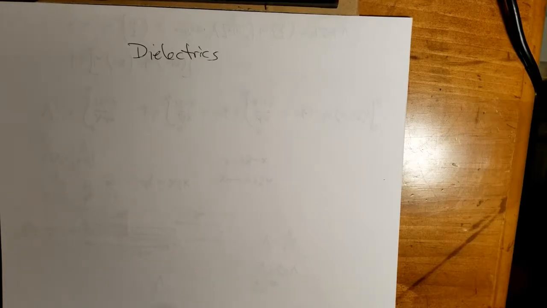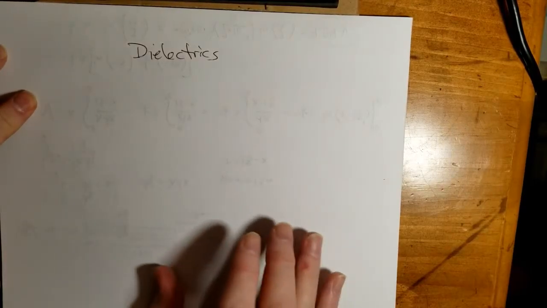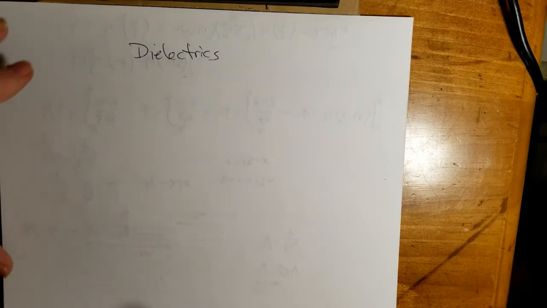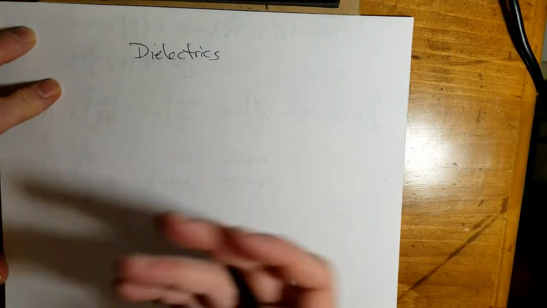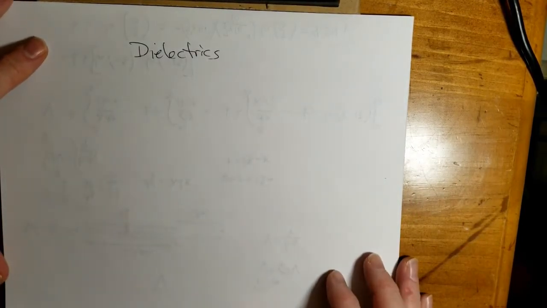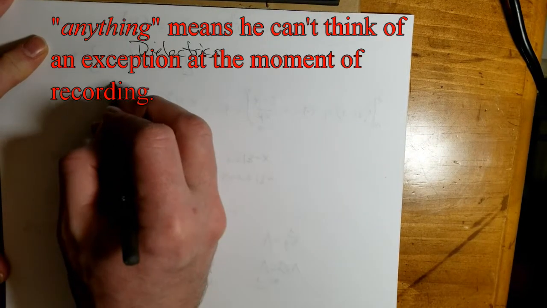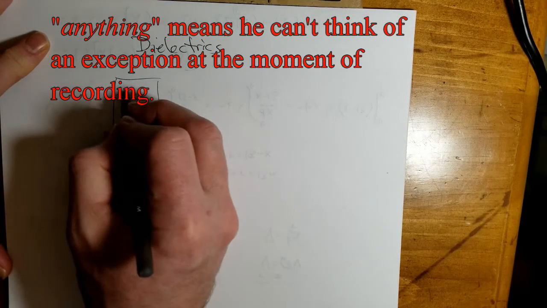Let's say that I have an insulator. In an insulator, the electrons are going to be bound to the nucleus. There's not enough energy to rip them away in normal circumstances. Yeah, I can always provide enough voltage to turn anything into a conductor. But if I have a material here that's neutral,